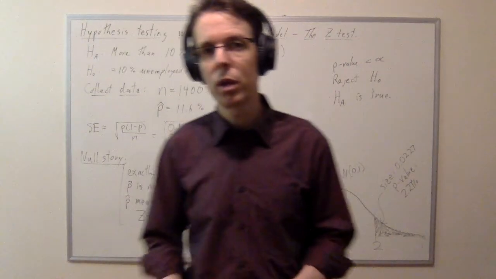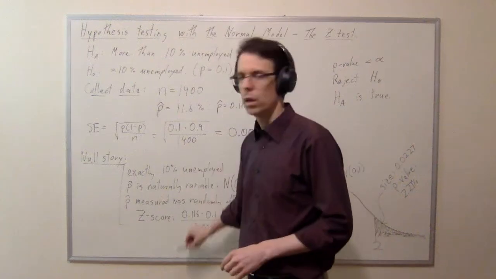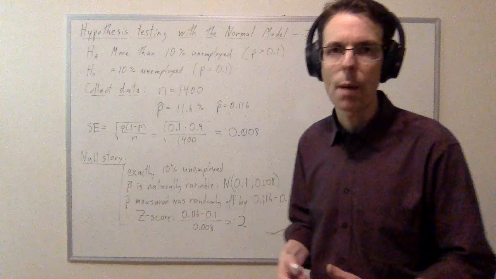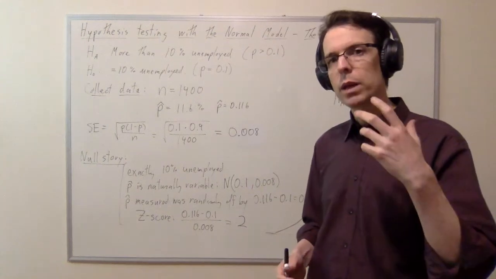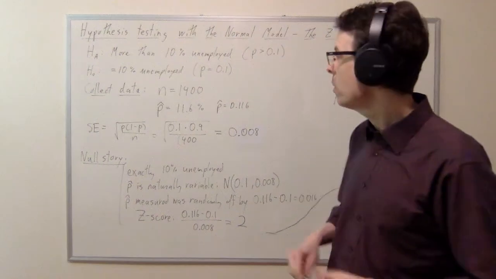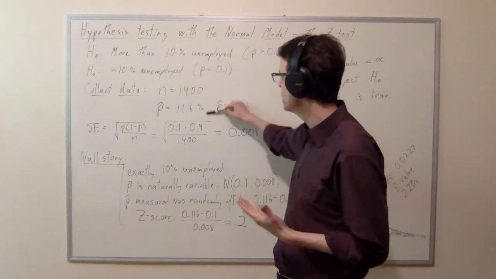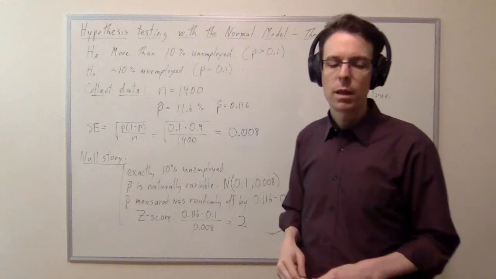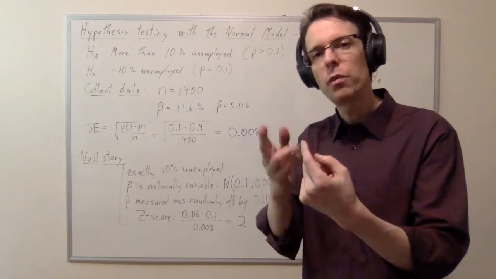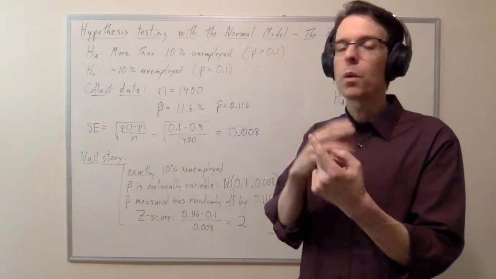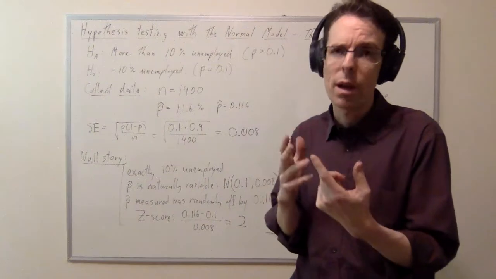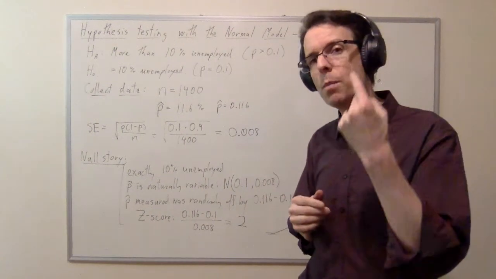The guiding principle is there is always a story, what I'm calling the null story. There is always a story about what happened. And that story predicts that some measurement should exhibit some amount of variability. And then there is always an actual measured value. If you have the story that says it should have been this, and it should have varied by such and such, no matter what it is, whether it's a mean or a proportion or a difference of 2 proportions or a difference of 2 means or whatever, you have a measured value of the thing,